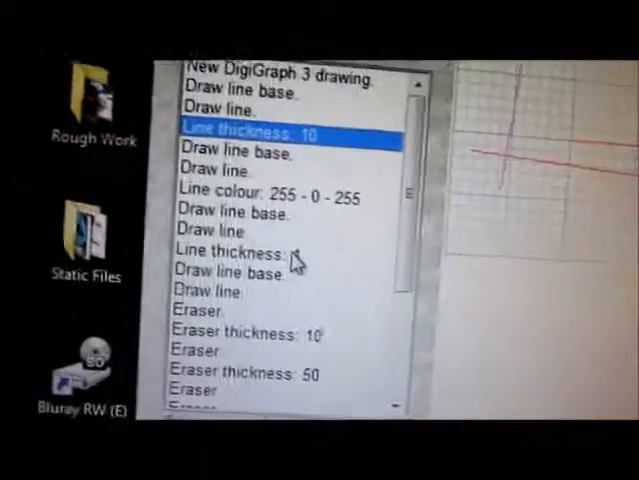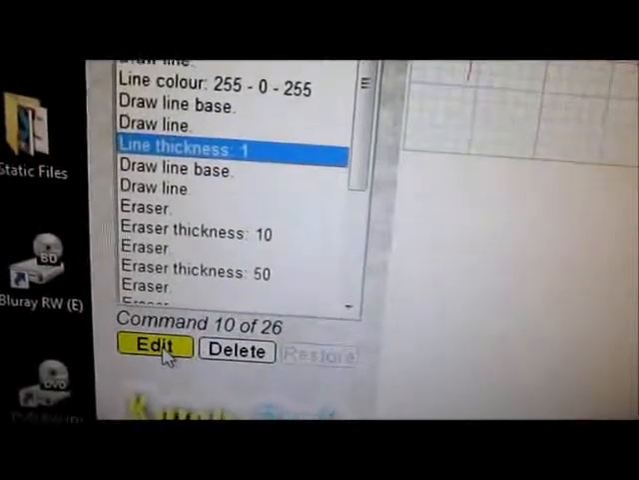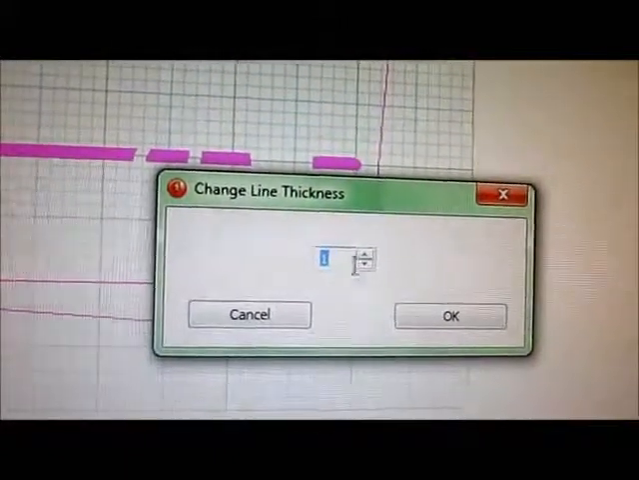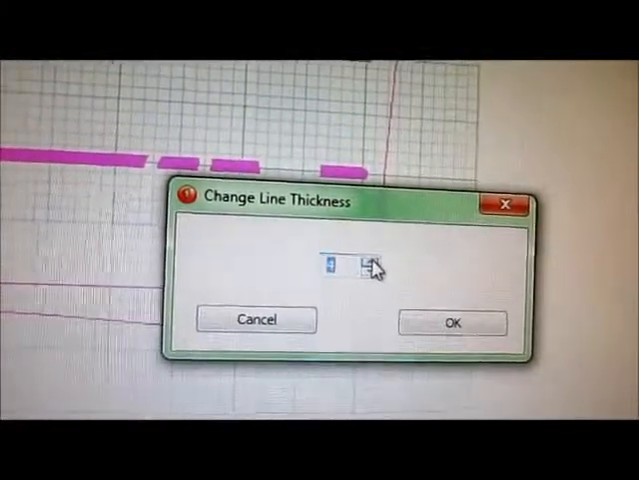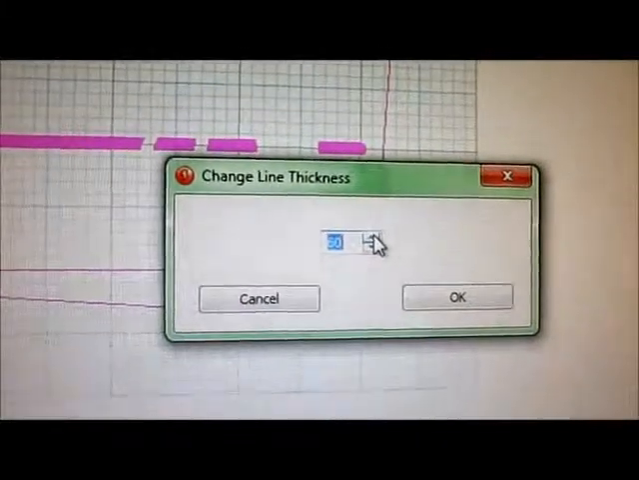As you can see, after I changed the line thickness to 10, I drew this line, I changed the colour, I drew this line, and then I changed the line thickness back to 1. So I'm going to change that one, okay? So again, you just select your command and you click edit. This pulls up this small dialog box where you can change the line thickness. And as you can see, it was set back to 1. So I'm going to make it something crazy just to show you initially, right? 60, okay? So if I OK that,